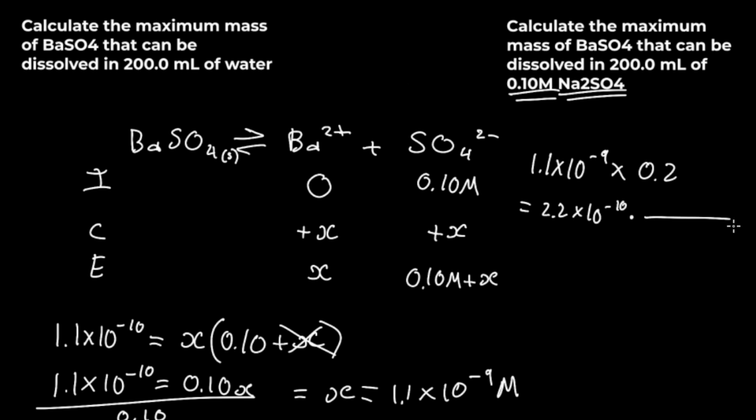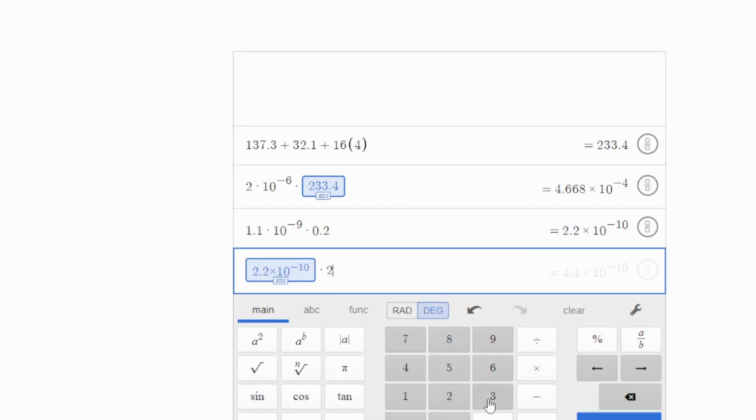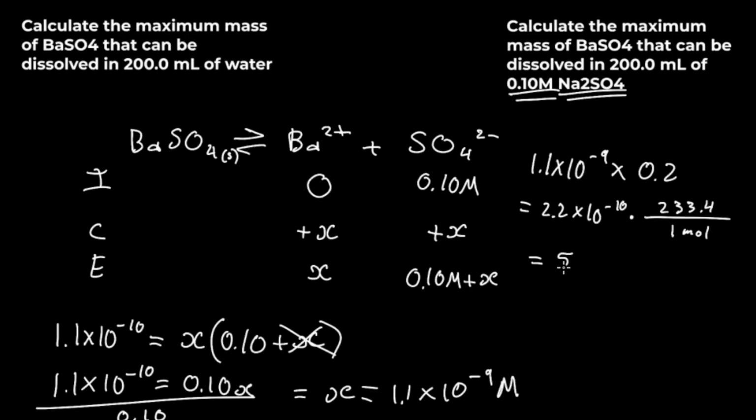And then we just multiply this by the 233.4 that we got last time. And that will give us 5.1 times 10 to the negative 8 grams. So that's the maximum mass of BaSO4 in grams that can be dissolved if there is